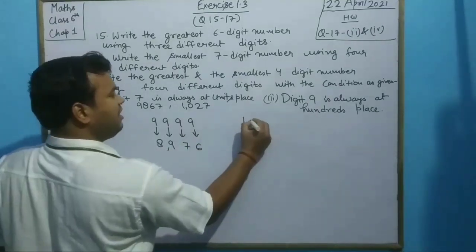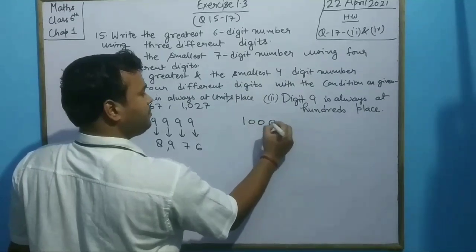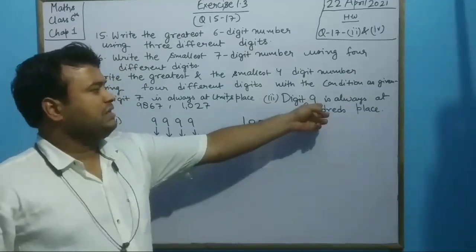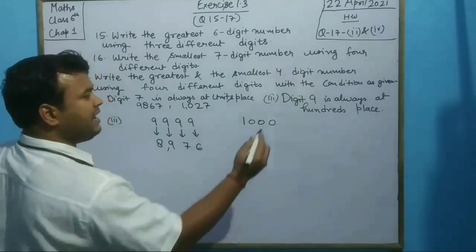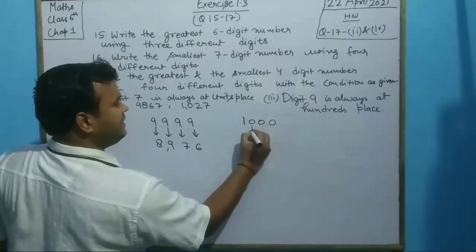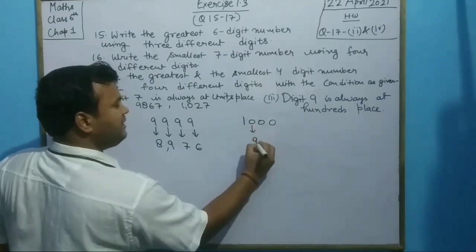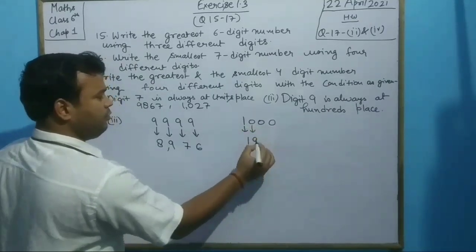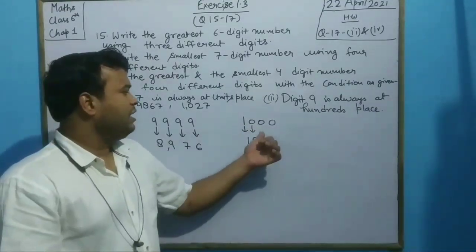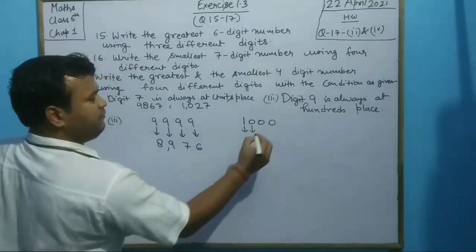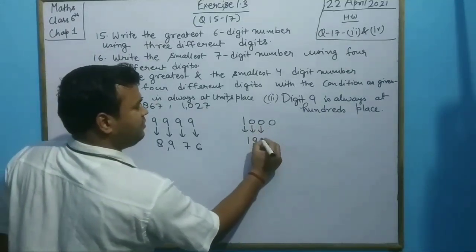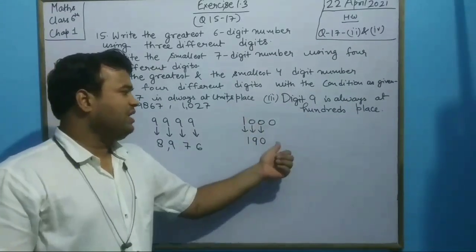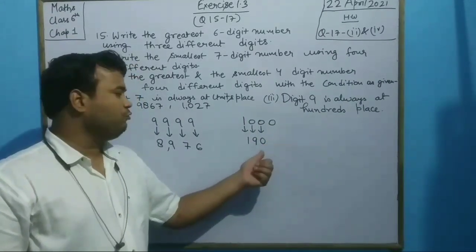Again, let us see the smallest one. The 4-digit smallest number. Now the condition is that 9 should be at the 100 place. 1 stands at 100, so we have to replace it by 9. 1 will stay since it is different from 9. Now what can we use? We can use 0, 0 is also different. We can use 0 because now one place is left. We have to use any digit.